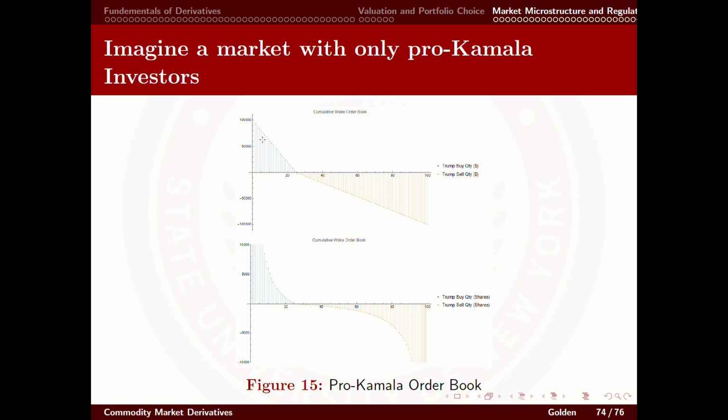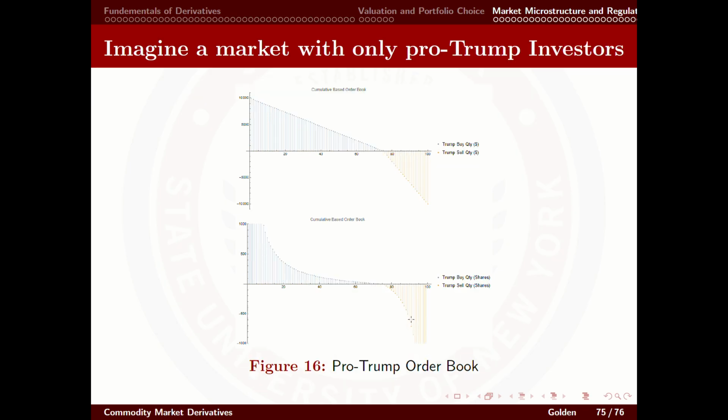So the pro-Kamala traders are willing to buy Trump becoming president if it's priced at like 1%. They believe that maybe there's at least a 1% chance. They're willing to sell when it's greater than 20, even 30%, because they really don't think it's likely that Trump will become president. And so here's the individual order book, and here's the cumulative order book. And then here's the other one. This is for the other traders. There are a few of these traders. This is the cumulative